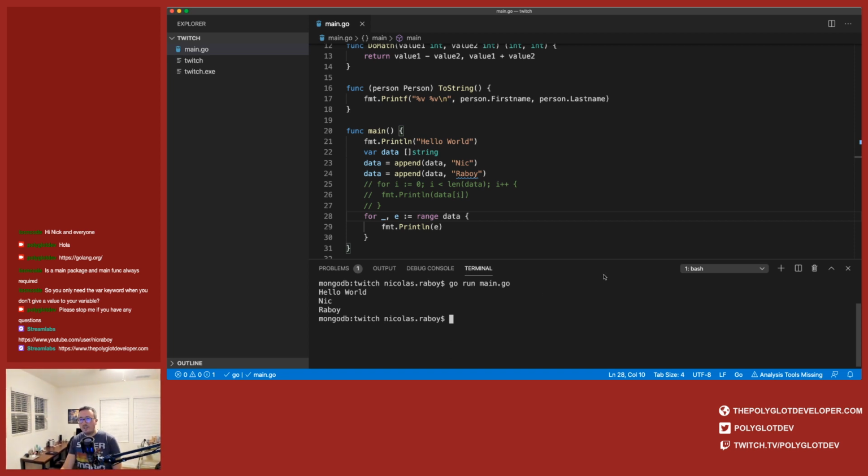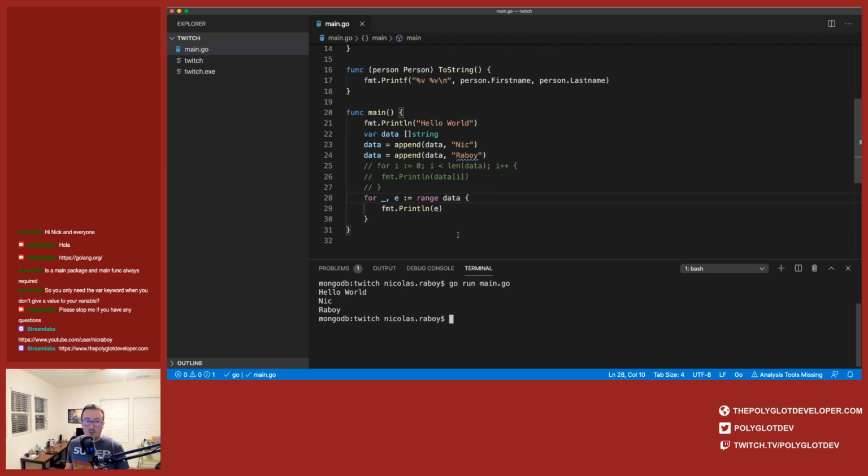So not too bad. I could also do loops that never end, which we won't play around with here. But in this case, this loop would be infinite until somewhere in my code I decided to break out of it. And there's other ways to do it. So you don't have access to a while keyword or a do while keyword. It's all going to be for and range in Go.